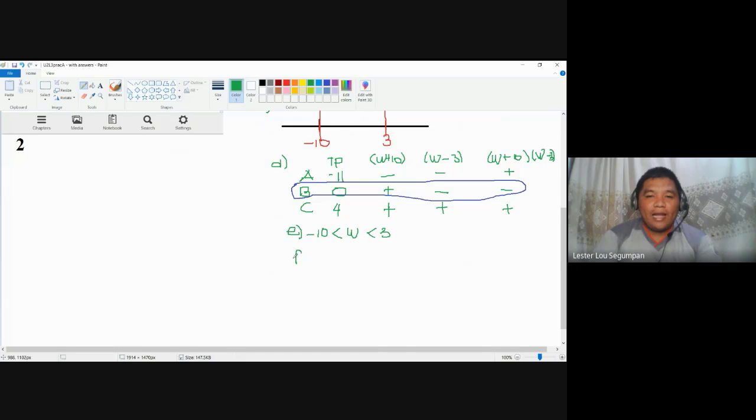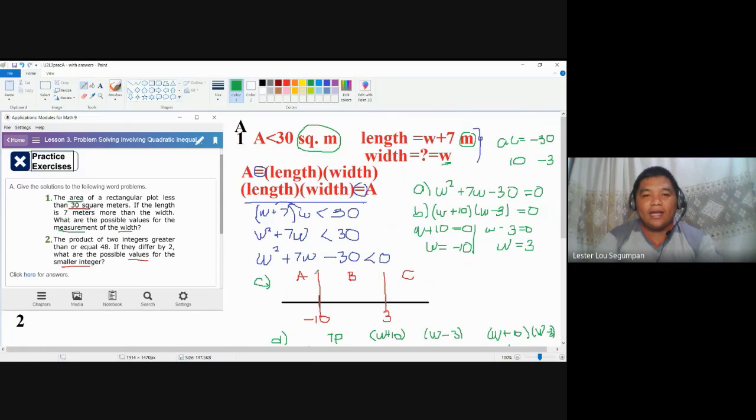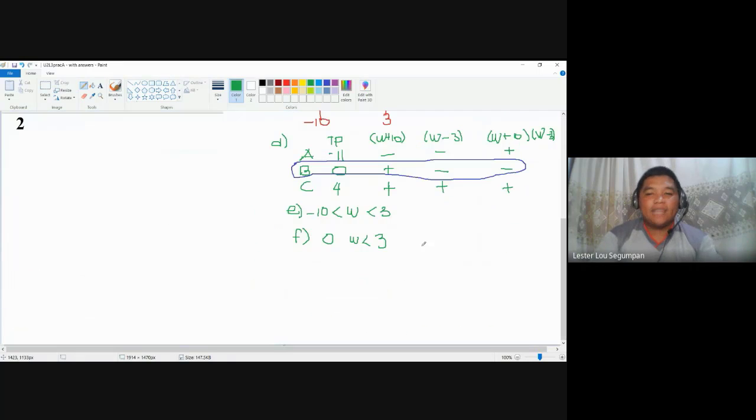That's why we will add another step here, step F, for the conclusion probably. And then we will not include negative numbers. So w is still less than 3, but it will be until the non-negative, because it cannot be a negative number. If we talk about negative measurement, there will be no shape, there will be no form. Aside from that, it should also be greater than 0.